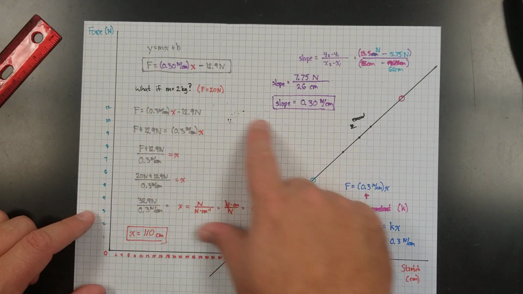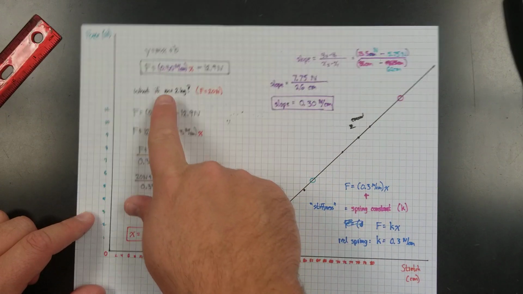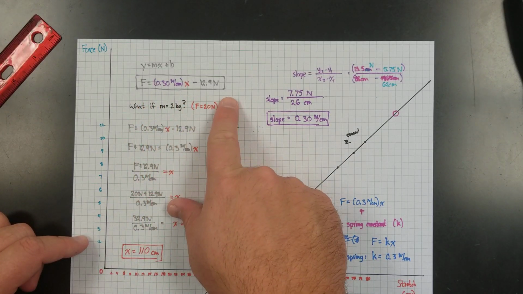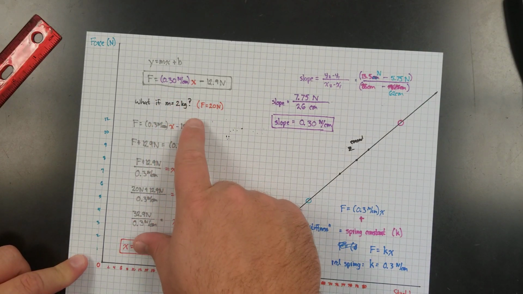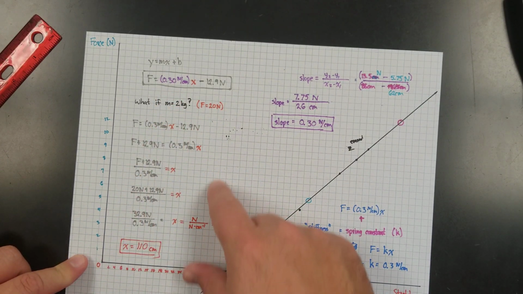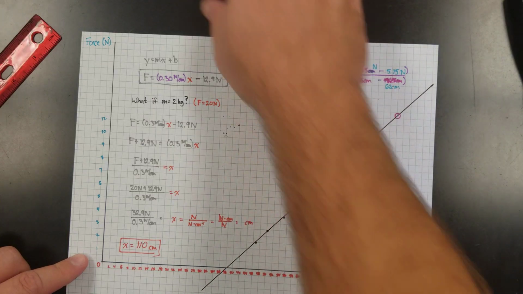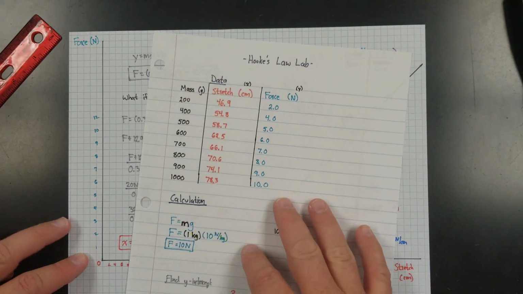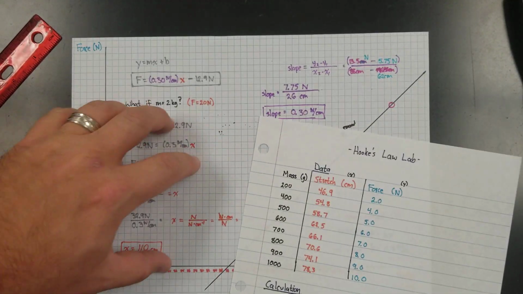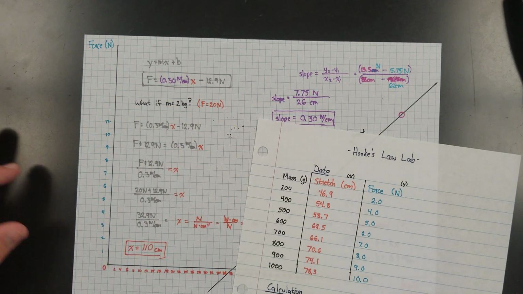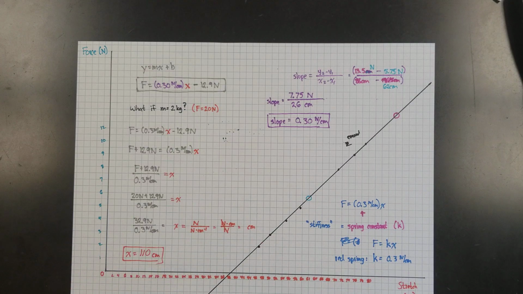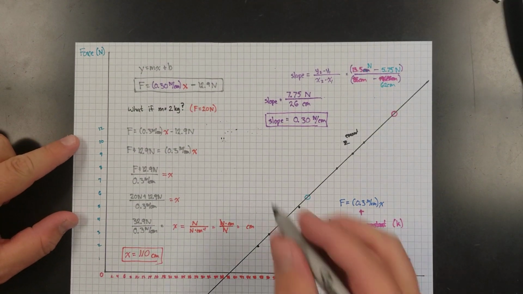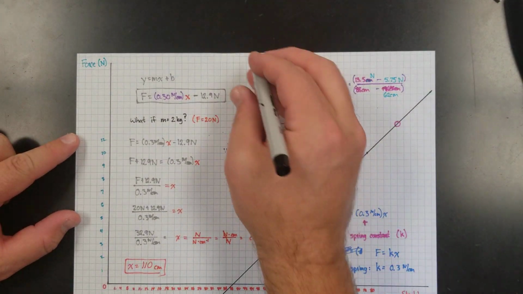Then you're going to find the slope of that line so that you can write the equation of your best fit line like we did here. And in this case, we were asked to make a prediction using that equation, and so we manipulated it to look something like that. If you had your data table and calculations on the back of this sheet, that is perfectly okay with me. Last thing to mention, you might want to give this a title, and in the absence of any other thing to come up with for a title, you can just